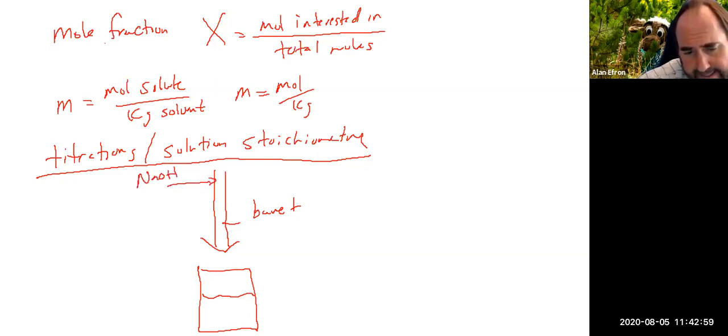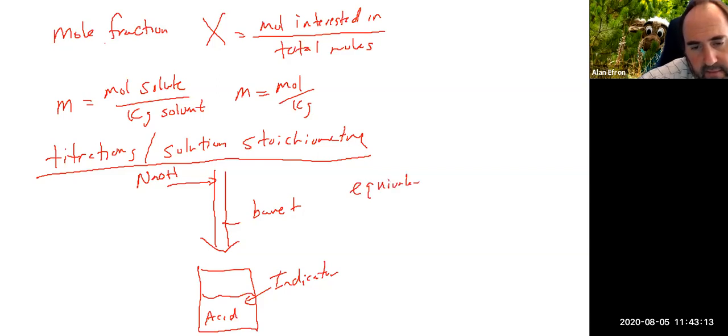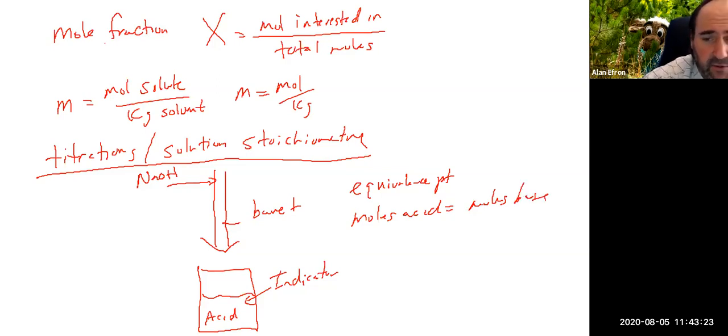You can put your acid down here. You also would put an indicator in there. The indicator changes color, and the indicator will change color around where the equivalence point is in a titration. And in an acid-base titration, that is when the moles of acid equals the moles of base. That's the point where you've exactly neutralized all of the acid that was there with, say, the base